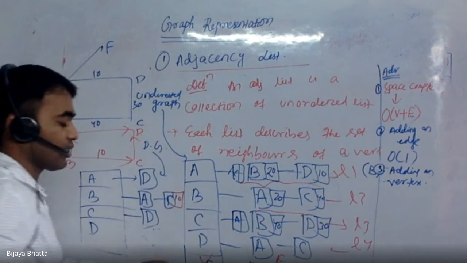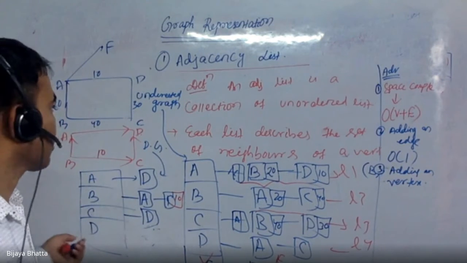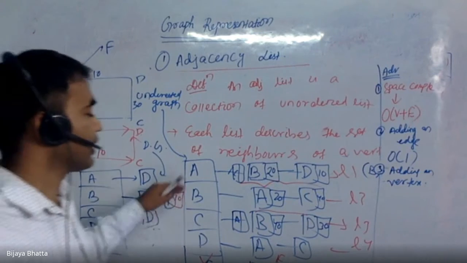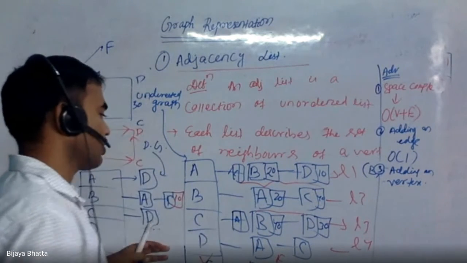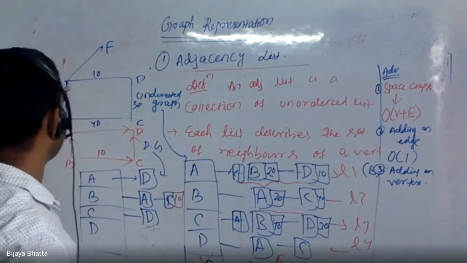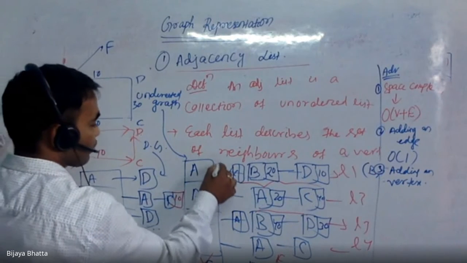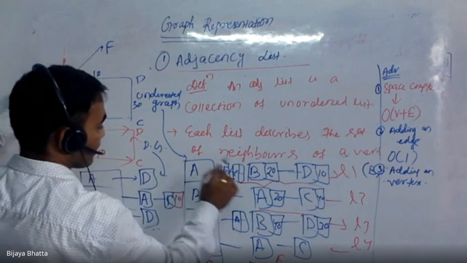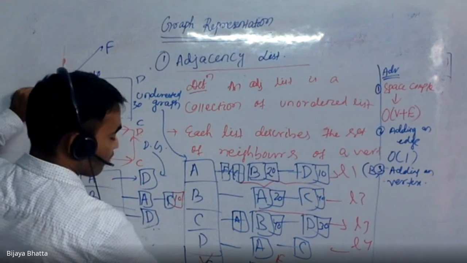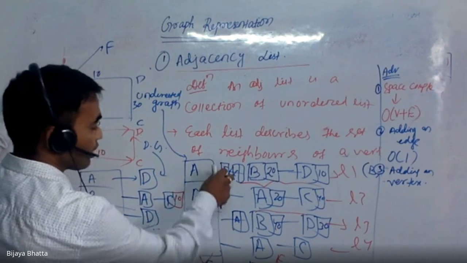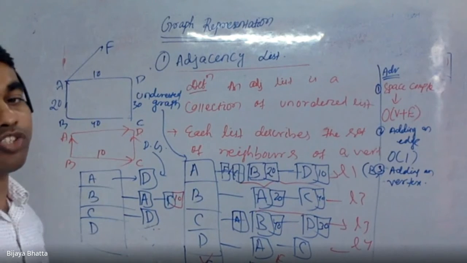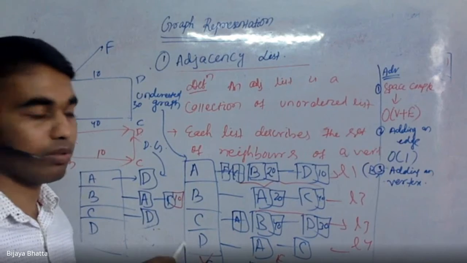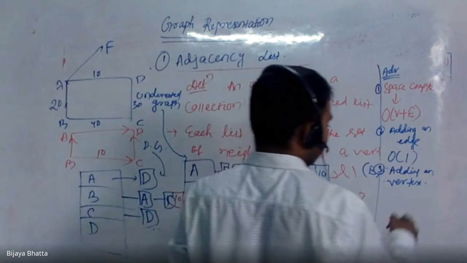So directly you can just create it. There is no extra work you are doing. You don't need to update or go ahead and check for others. If you are adding an edge, then definitely it is going to be added here, ef, and you are going to update it here. That means you are just doing two updates, so it's going to take constant time, depending upon the number of edges. So adding a vertex.